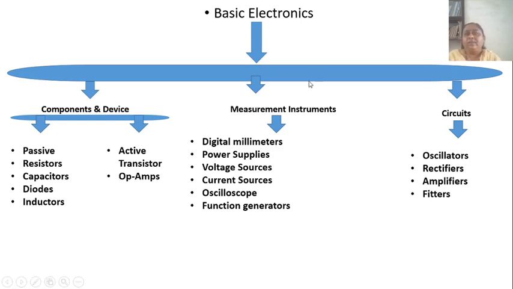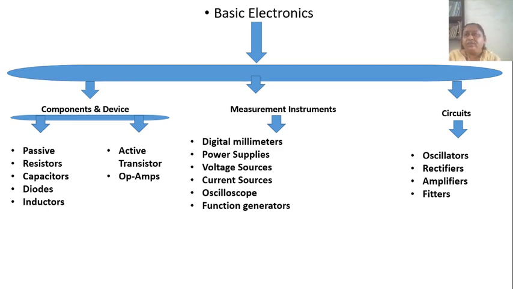Now, basic electronics. The word electronics is derived from electron mechanics, which means to study the behavior of an electron under different conditions or applied electric fields. The device which controls the flow of electrons is called an electronic device. Electronic devices include digital electronic devices, analog electronic devices, microelectronic devices, nanoelectronic devices, and semiconductor devices.